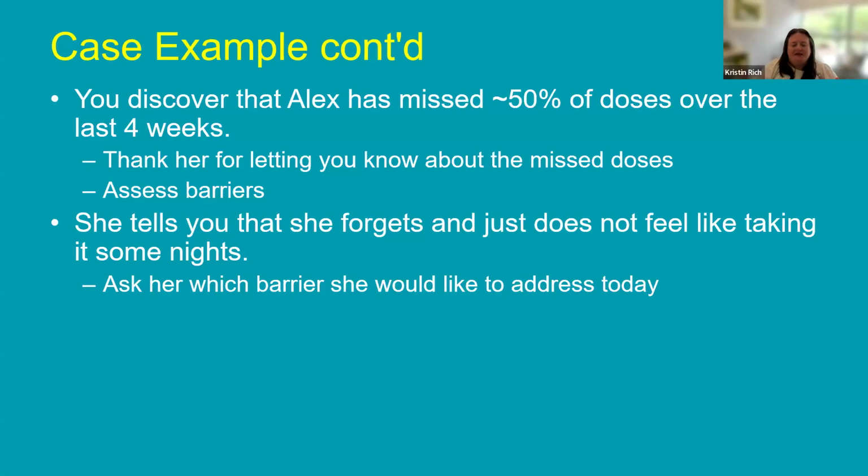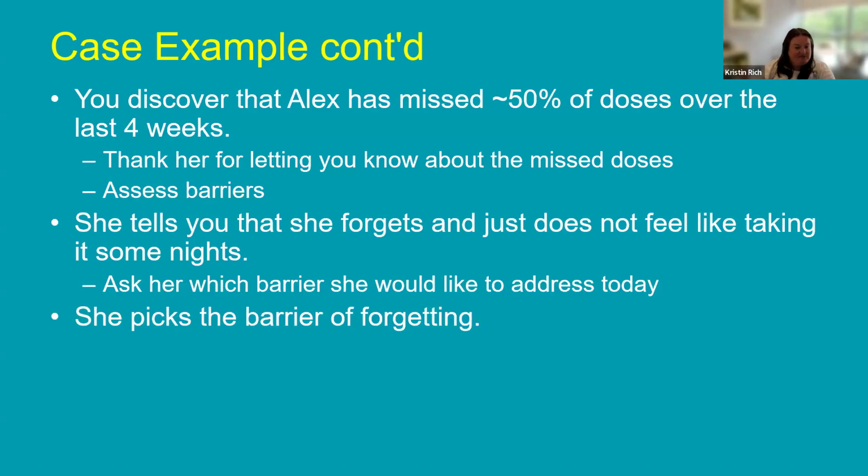So in this case, again, being thoughtful that you have limited time and she's reporting multiple barriers here, I don't want you all to feel like you have to solve all the barriers in this one initial visit. Really, the important thing is that you've gotten this information and you've reinforced for her that you hear her and you understand what she's going through. So to lean into her teenage developmental stage in autonomy, you can ask her, okay, which barrier would she like to address today? What's most important to her?